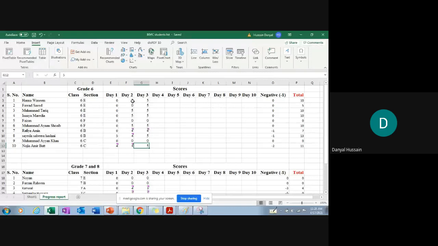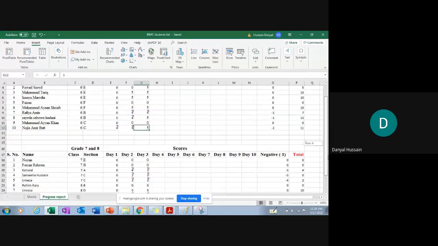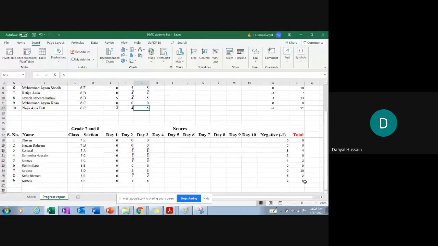One student is participating for 2 days and giving all the answers correct, and she is getting 10 marks. And one of the students participating in all 3 days is giving all the correct options, but she is getting only 1 mark more. So this is the impact of negative marking. You can also get negative marks as well.